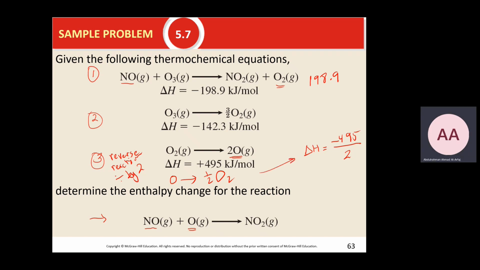Now, for this one, I need also to reverse it. So it will be 3/2 O2 goes to O3, ozone only, and delta H in this case will be simply plus 142.3. Why did I do this? Because 3/2 O2 will go with half O2 plus 1 O in the product, and the net will be simply,